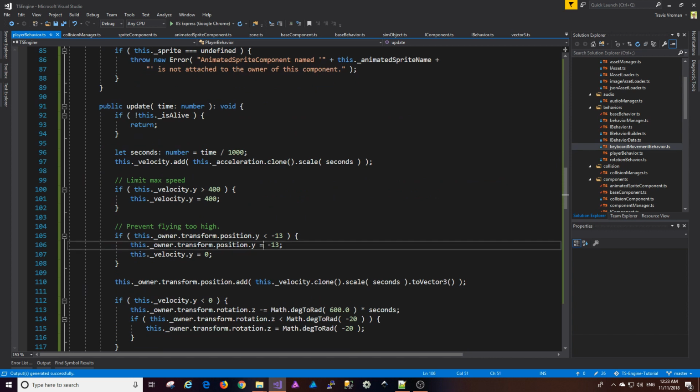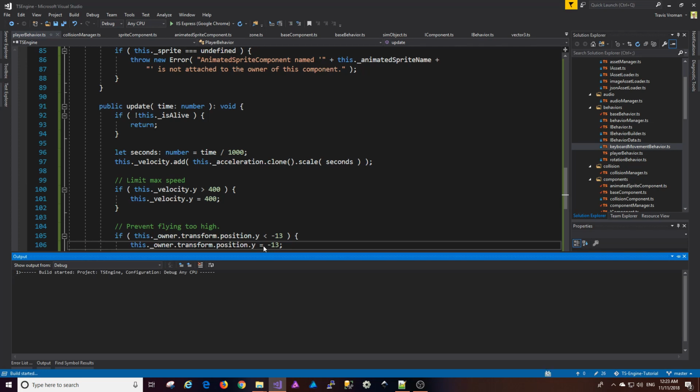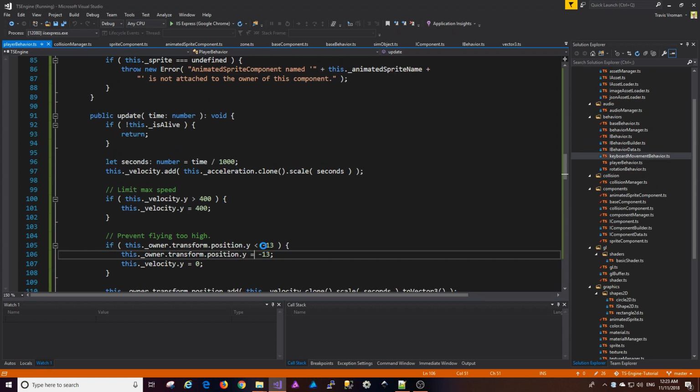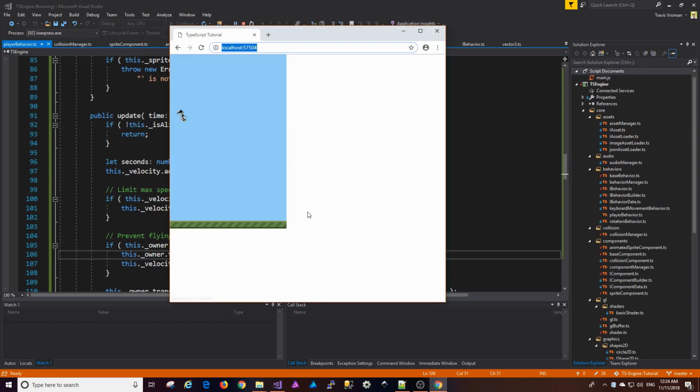So let's go ahead and build and run. And there we are. So we can see that every time I click, the duck sort of flaps up a little bit. Probably ought to work on tweaking the animation timing a little bit. You can also see that if I spam this, I can only fly so high. If I go all the way to the bottom,